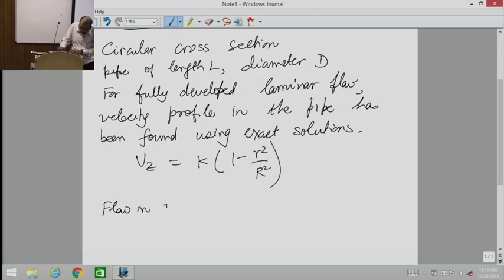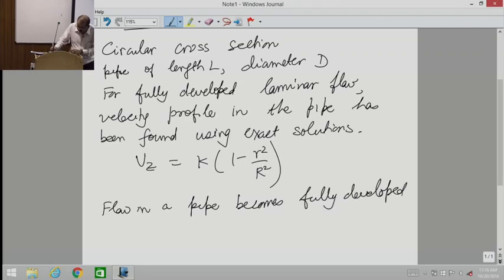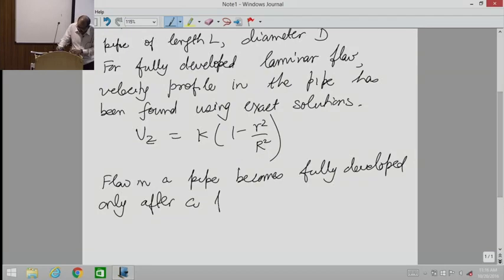The flow in a pipe becomes fully developed only after a particular length. And we define L sub E, which we call